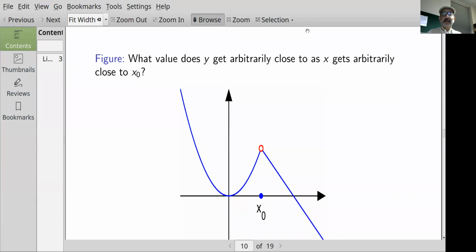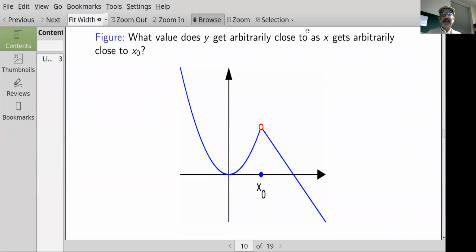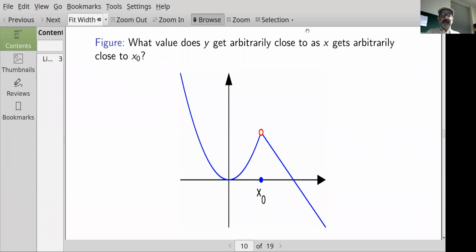All right. Let's take an example from a graph. So we see here that x, let's say, is getting really, really close to some value on the x-axis, x naught. And the y value at x naught, right? The points of the graph are in blue. So there's a blue dot on the x-axis, which is where y is equal to 0. So f of x naught is equal to 0,